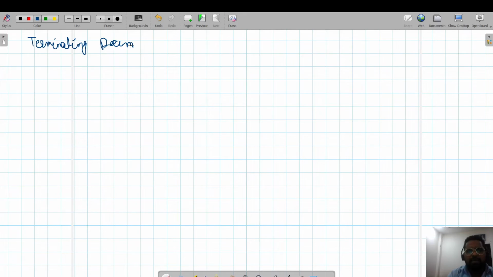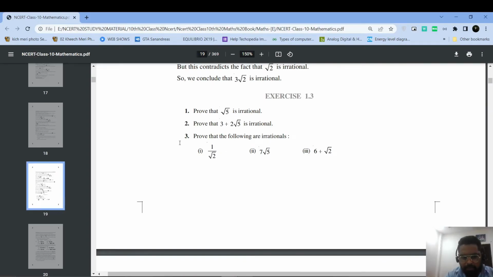Guys, the rest of the problems here, you can prove on your own by following the above procedure, as I have applied it on these two problems. In my previous video, I also applied this on two previous examples, so you can apply that same thing here.